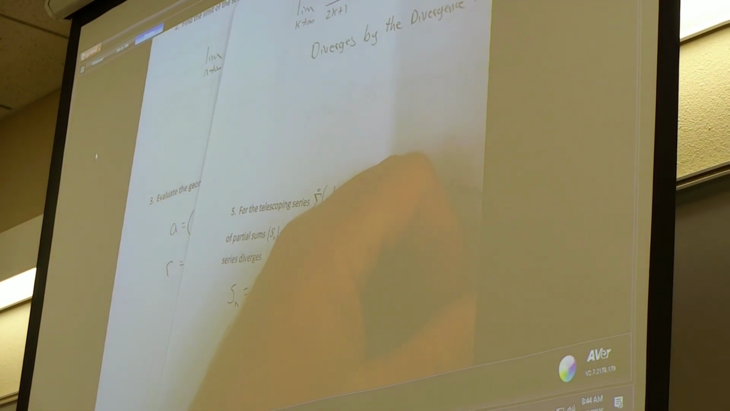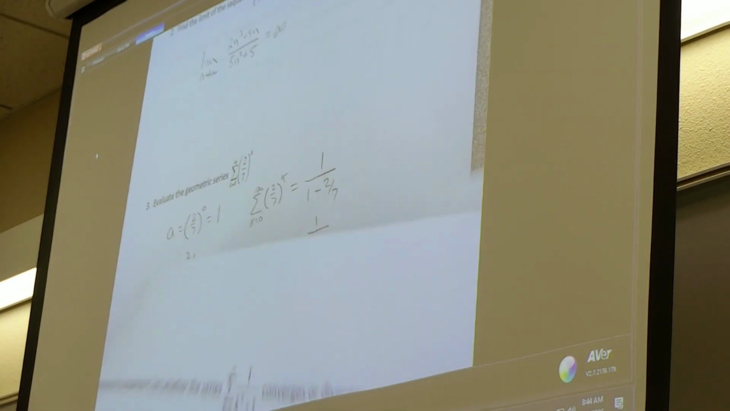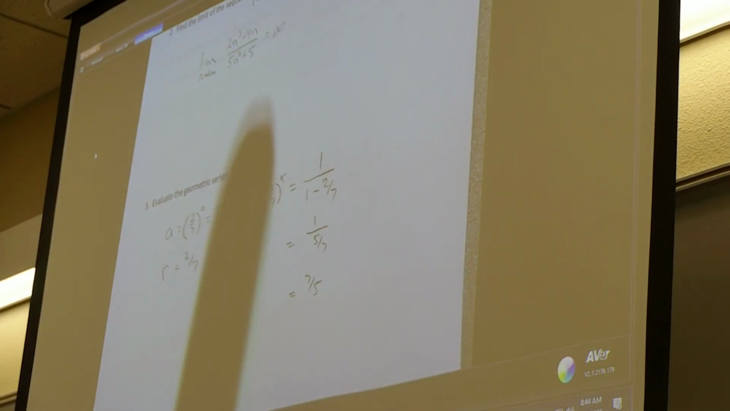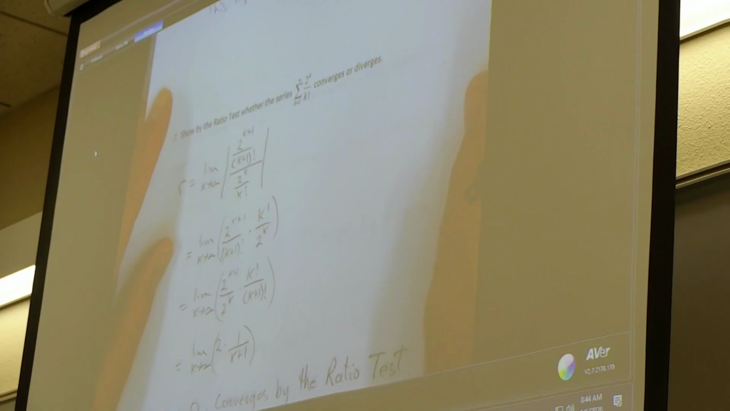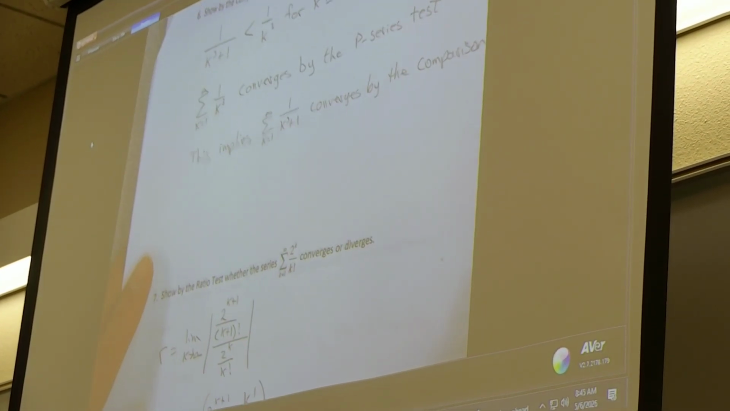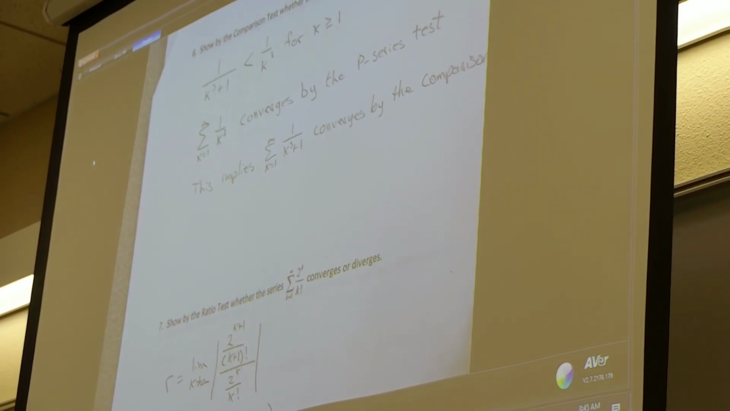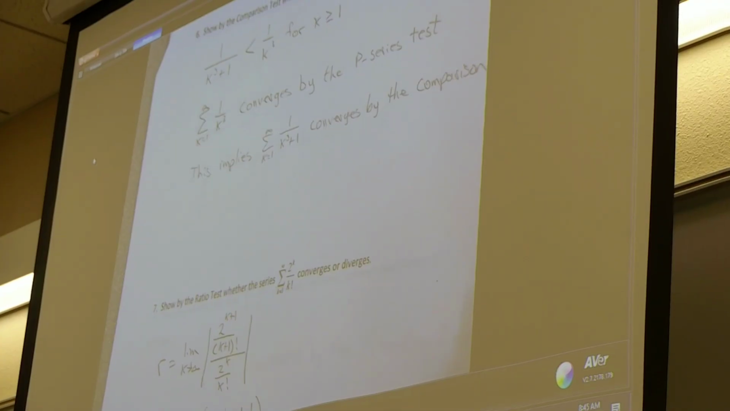So again, a lot of you did lots of crazy things there, and you made it harder than it is. These are 10 points each, by the way, so 20 points on that last page. Number 6,